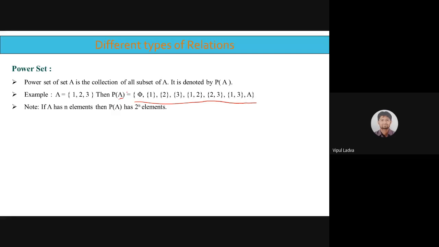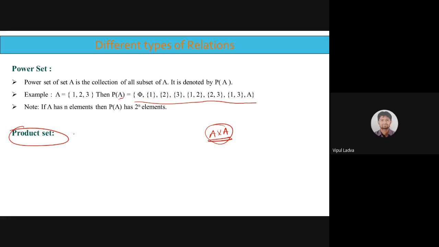Good. Let's move further. So, as per the note, in the third line, if A has n elements, then the power set of set A will have 2 raised to n elements. Okay. Now, the next is the product set, or you can say Cartesian product. But right now, instead of dealing with the Cartesian product, I'm interested in the product set only. Now, what we mean by product set is multiplying the same set with itself.